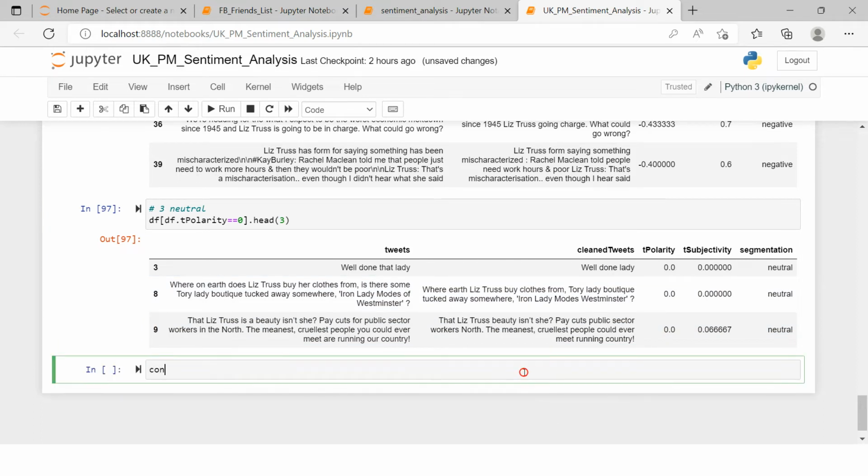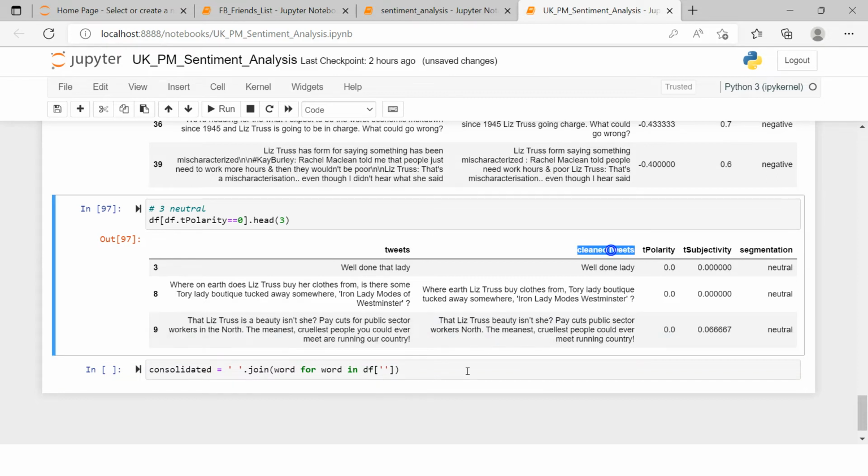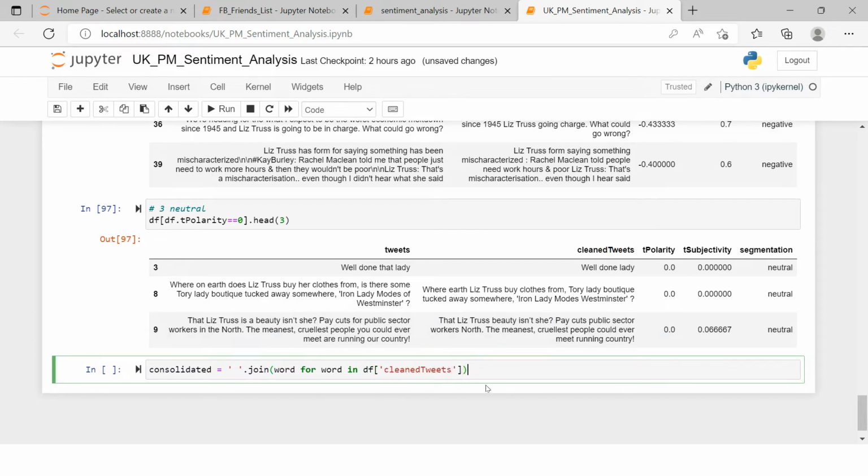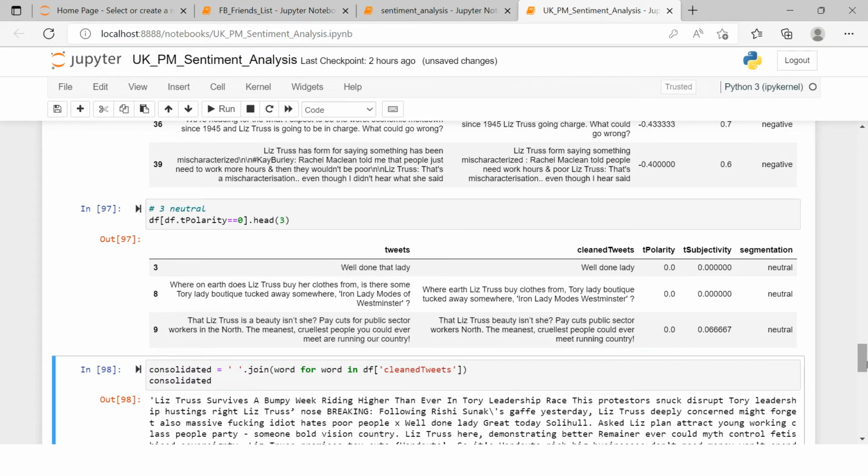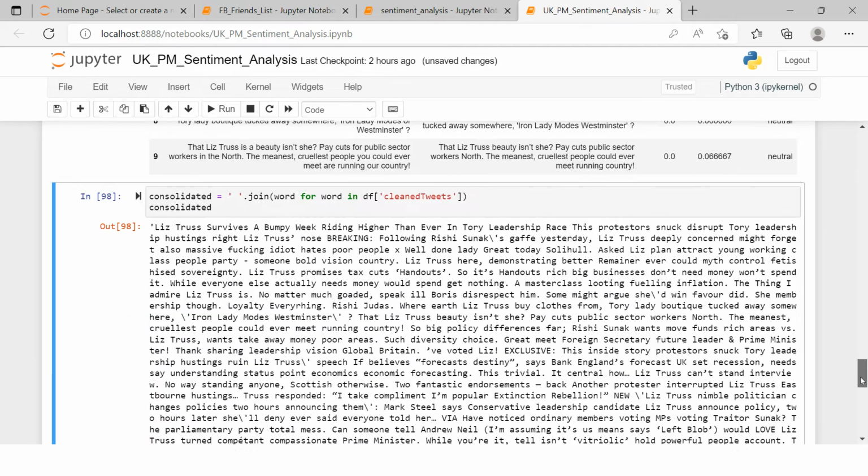Let's say consolidated equals, let's just say dot join, and inside that I'll make it for word in word, sorry, I just made a mistake, word for word in df, and this is the variable we're going to take over here. All right, so what it will do is go through each of these traits and combine them. Let's see if it works as per the expectation. Yeah, it combined all of them, like you can see right over here.